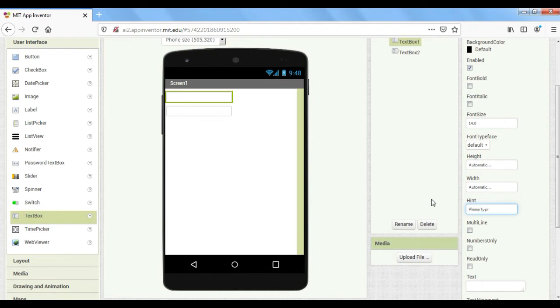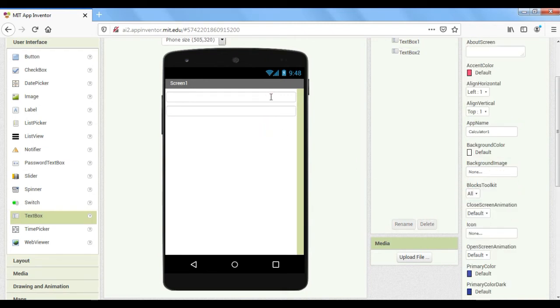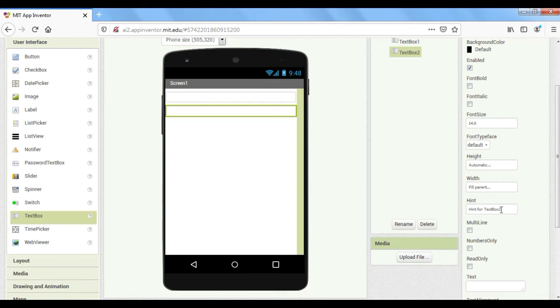please type first number. Okay, please type first number, and I should change this width to fill parent, and also this. Okay, yeah, fill parent and fill parent. Oh sorry, here also